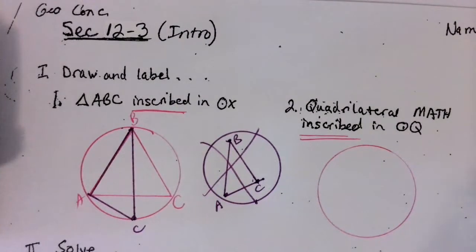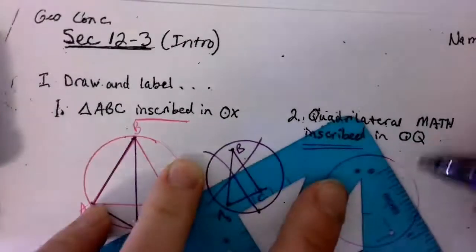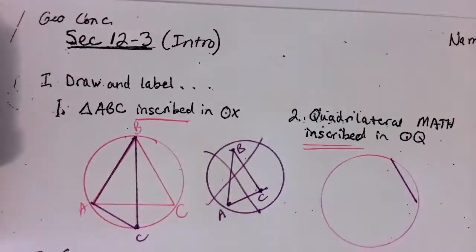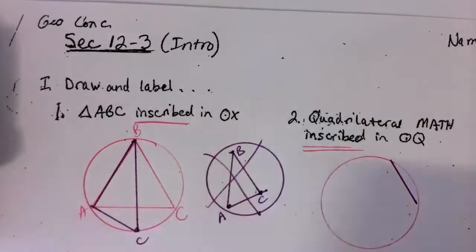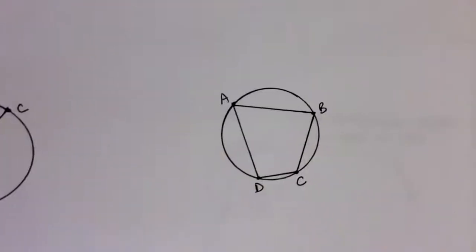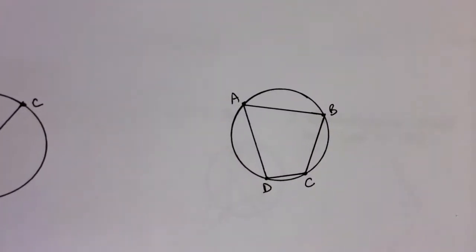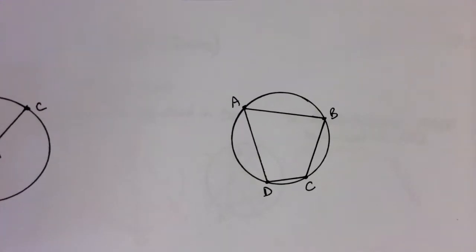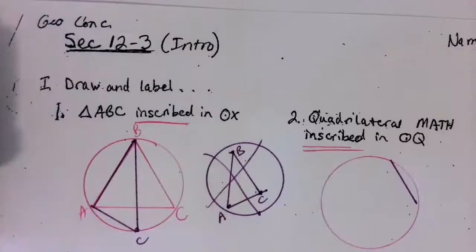And that would be, let me take a quadrilateral. So it doesn't have to be a square. It can be a square, but as long as you've got 4 lines connected. In fact, I've already got one right here. I'm going to change my letters, but I just want to show you that would be quadrilateral ABCD inscribed in my circle. So change those letters to M, A, T, and H, and you've got a quadrilateral inscribed in